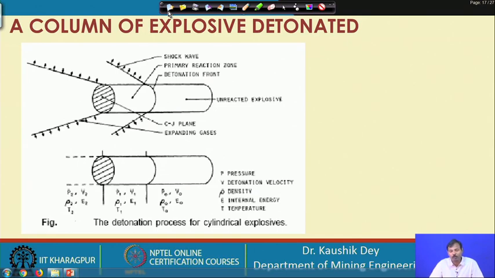So, the shock front is moving ahead. In fact, if you look back at today's video, you will find the shock being propagated in all directions ahead. You can see the undulation on the benches